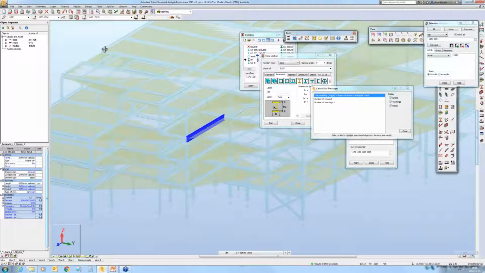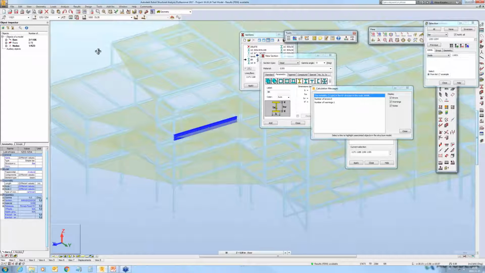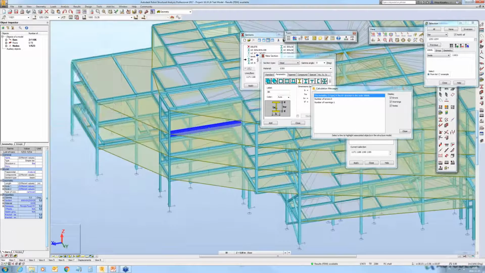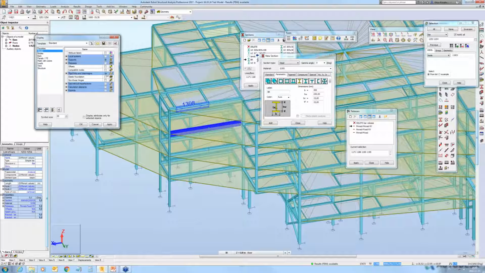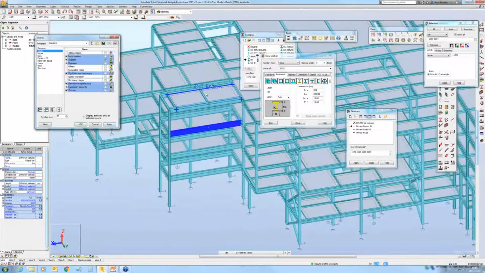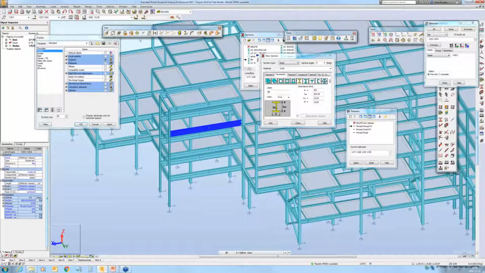So, okay, I've got the situation in this model, and I will switch off rigid links. That's okay. So I have a beam here, which stabilizes these large beams parallel to the x direction at the top floor, and I don't have those beams for these three levels. So what I'm going to do,